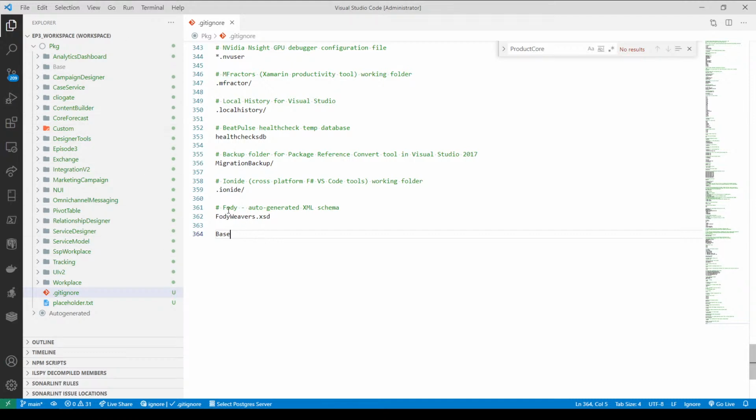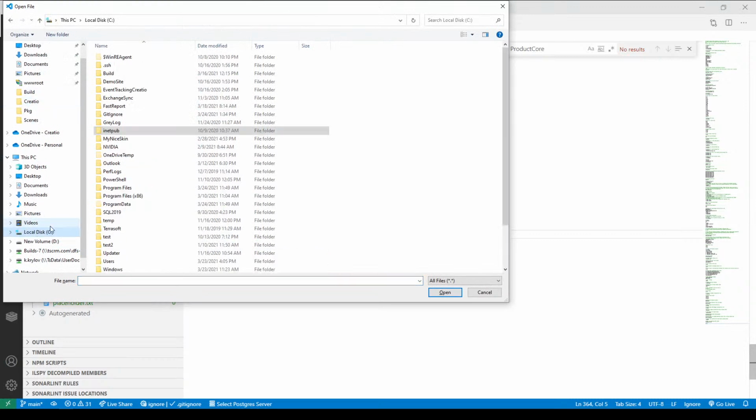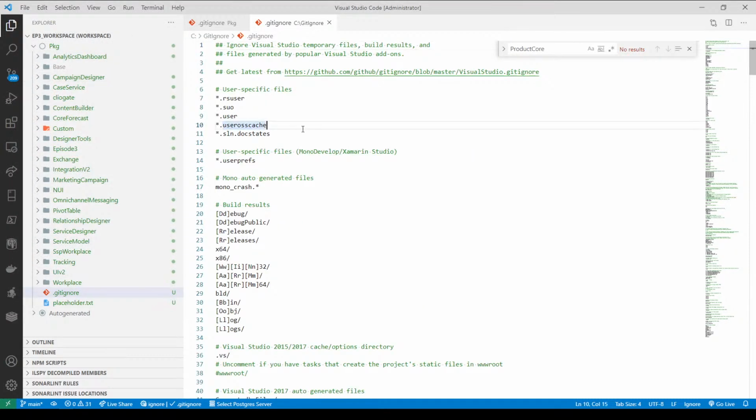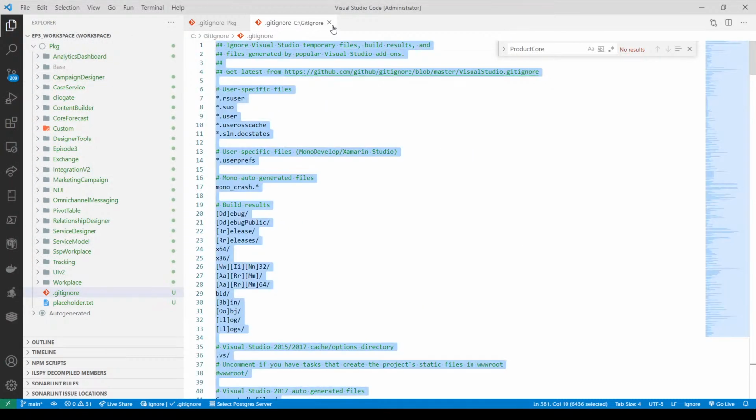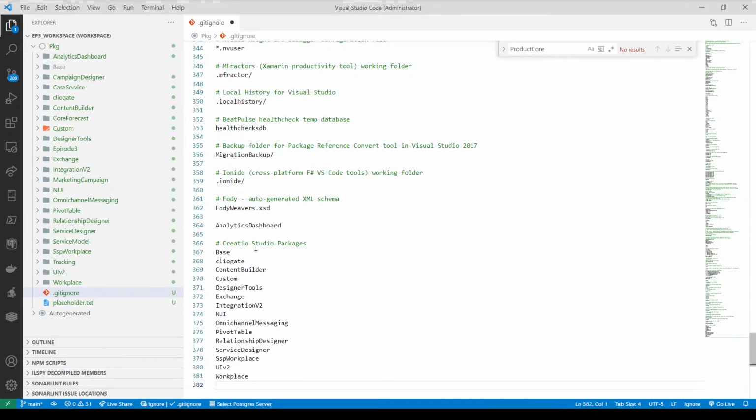So what I need to do now is essentially copy the content of all the directories that I would like to exclude. And I have done that already once. So I'm going to go onto my Git Ignore directory, and I'm going to open this Git Ignore and just copy its content, okay? And the only difference between what I'm copying now and what you saw is essentially this